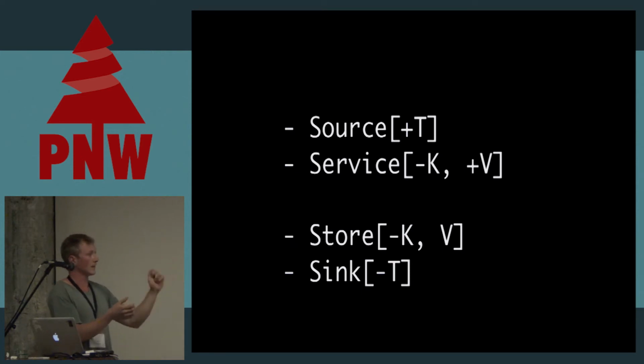A service would be some key value store you can perform lookups on. A store is something you aggregate into, like we just looked at. And a sink would be, as your stream's going, you tee items off into maybe another queue that can be used as a source. So what we have at Twitter, the way we've used these concepts is we define